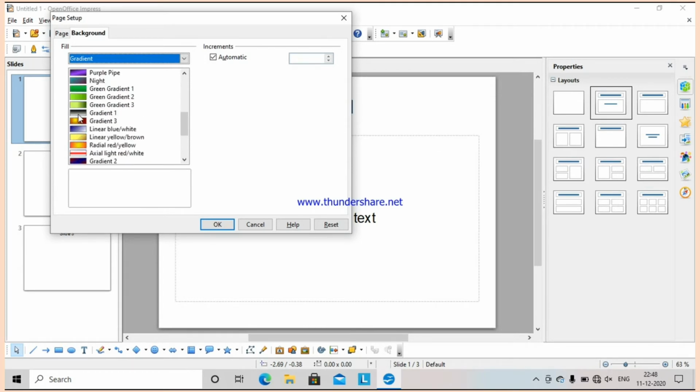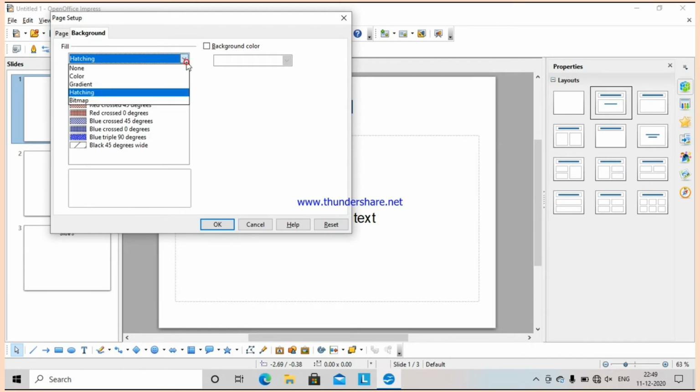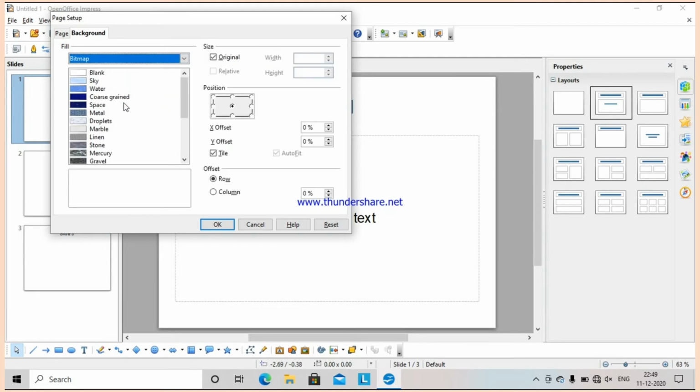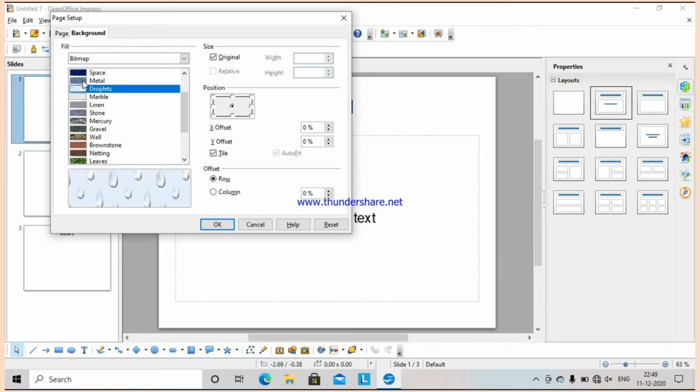You can see different color shades are here. When I click on Hatching, these are the various hatching designs, meaning net or line designs. And when I click on Bitmap, certain bitmap images are there which would be set as the background of my slide. Suppose I click on this droplets.